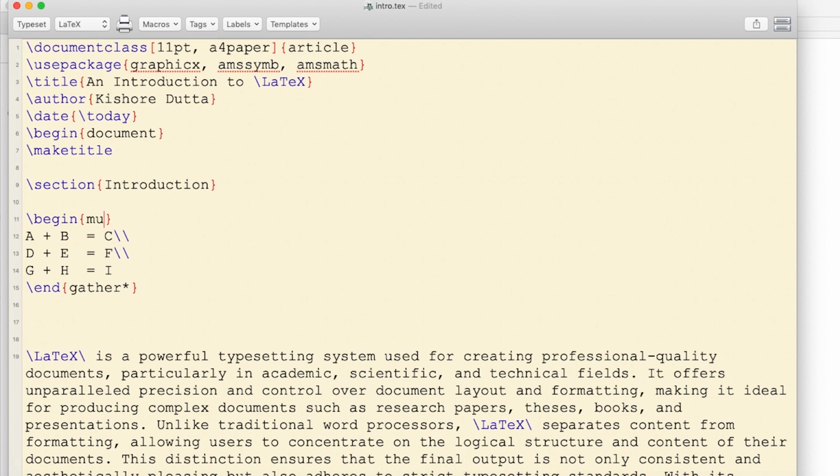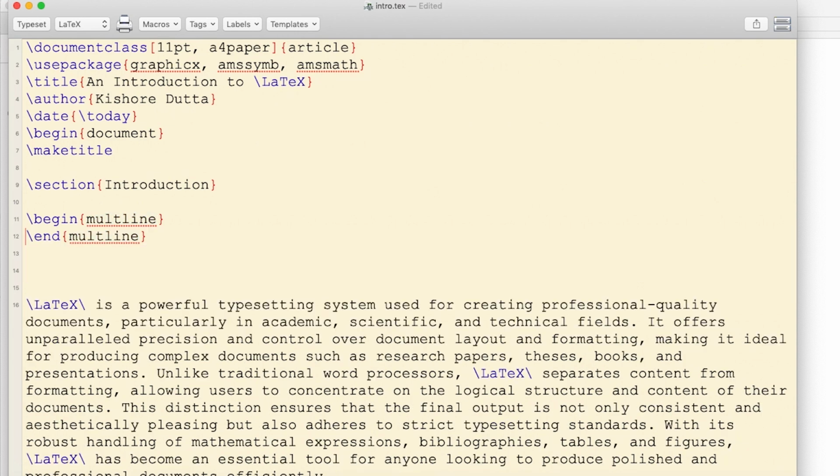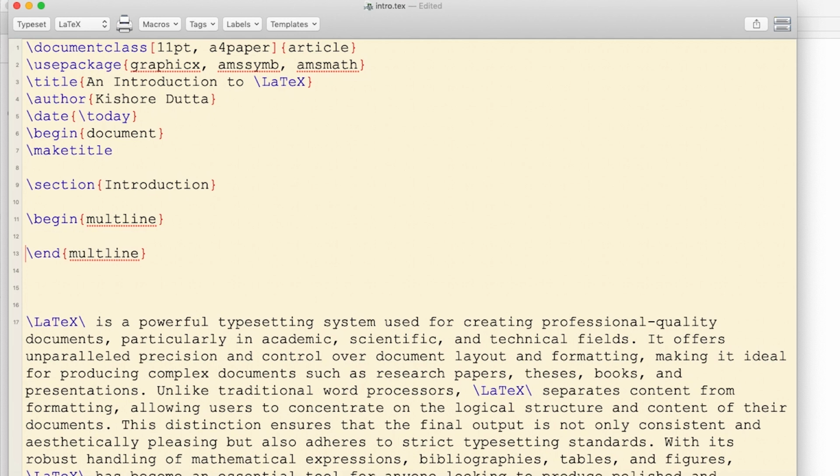Now let's look at the multline environment. This multline environment is used to display long equations that span multiple lines. The first line is aligned to the left, the last line is aligned to the right, and the intermediate lines are centered. For example, if we type